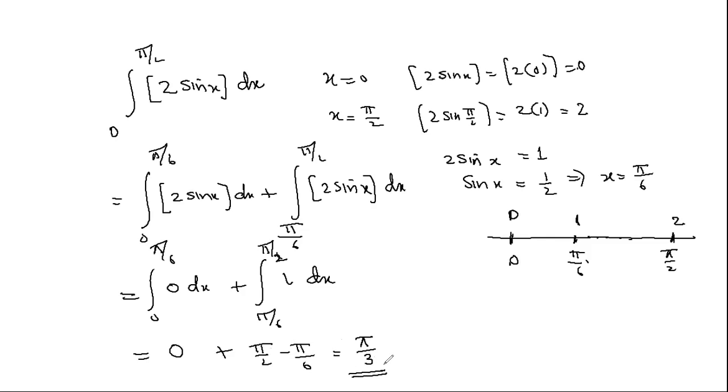Is everybody clear about this integer function, how to integrate? First check what is the least value of the integer. Then check the highest value of the integer. In between, see how many more integer values come, and you need to split the limit accordingly. But the limit will not be the integer value. The limit will be the corresponding x value. Suppose you have got 3 numbers between 0 and 3, then you have to check at what value it becomes 1, and at what value it becomes 2. Integrate from the first point to this one, then from here to here, then from here to here. I hope you have understood.